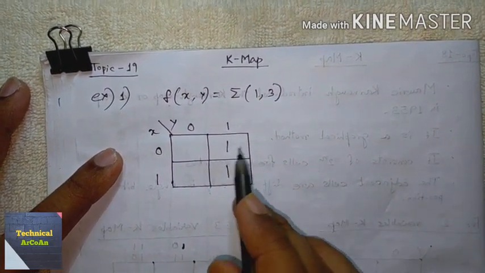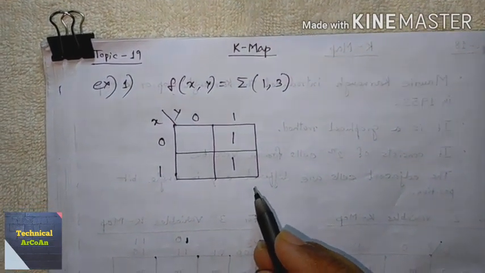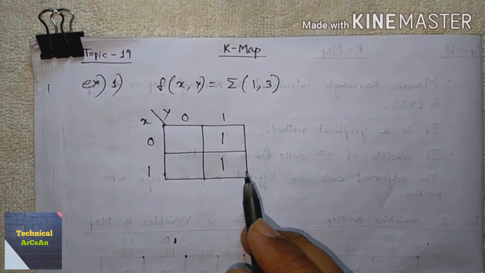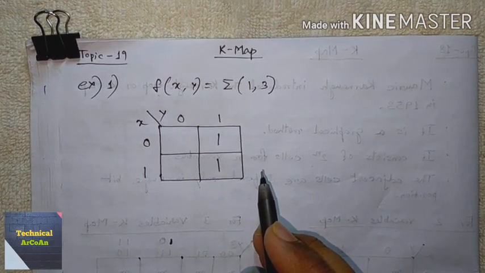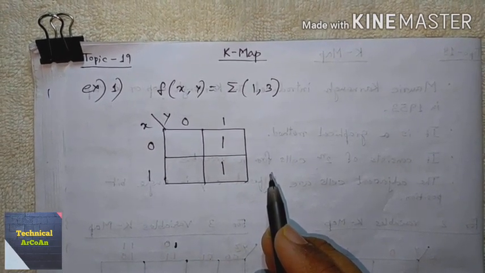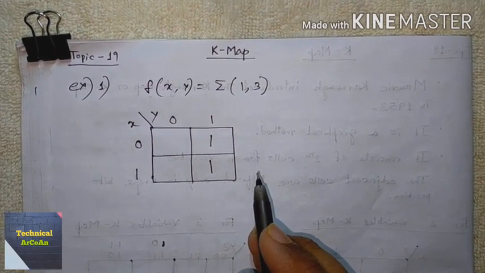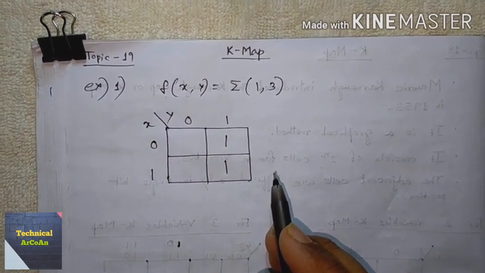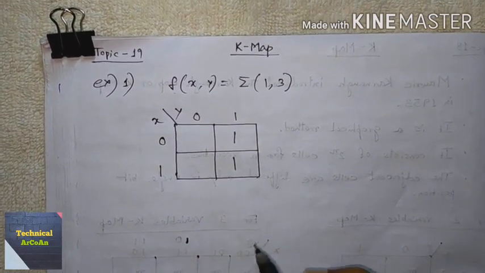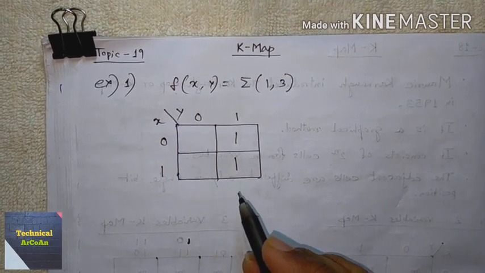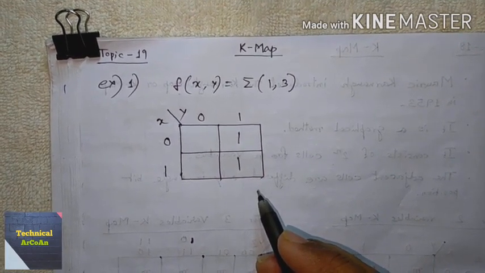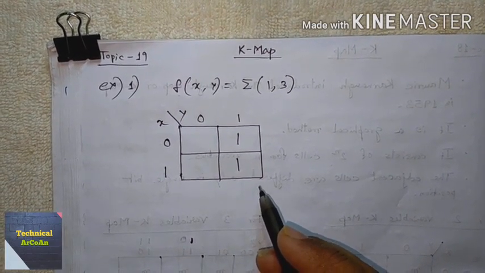Okay. So after that we do the grouping or clubbing. Grouping or clubbing needs to start from the highest: first try an octet, meaning 8, second try a quad, meaning 4, and then try a pair, meaning 2. First we try to group eight 1s in a single group. If it's not possible, then go for a quad, four 1s in a group, or then we try for a pair, two 1s in a group.